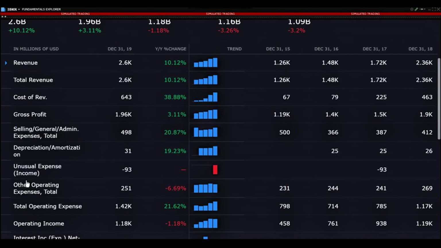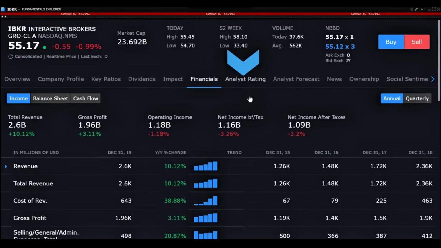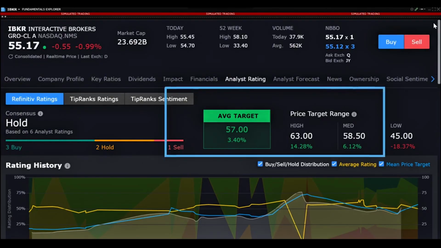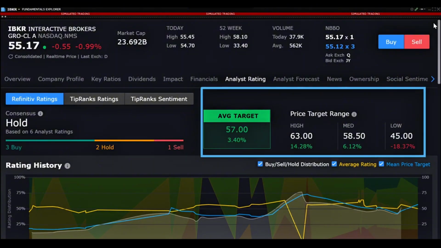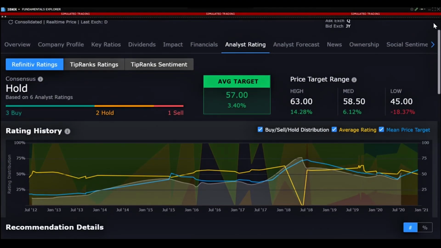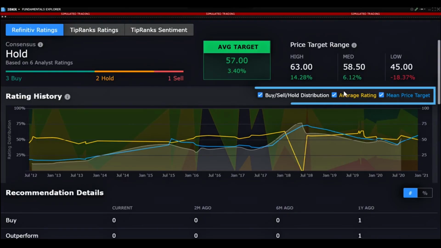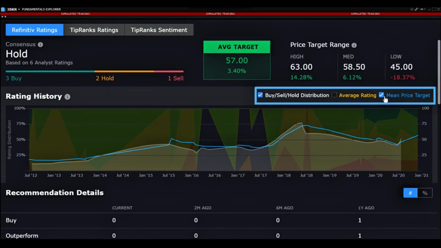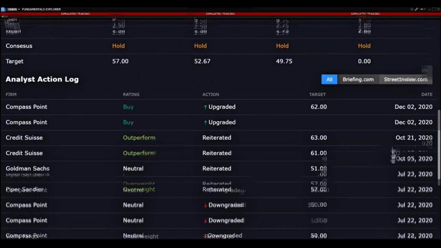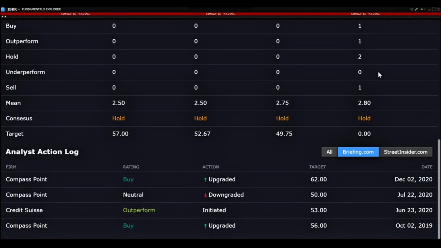The Analyst rating page shows the distribution of buy, sell, hold recommendations from Refinitiv ratings by default and the high, medium, low and average target prices. Use the checkboxes to the top right of the chart to change the data display. Scroll down the page to see a log of analysts' ratings actions and use the filters to view all, briefing.com